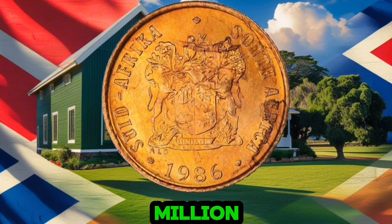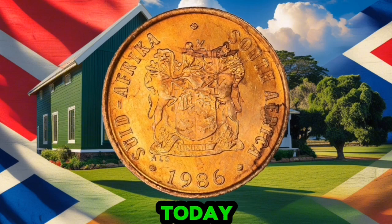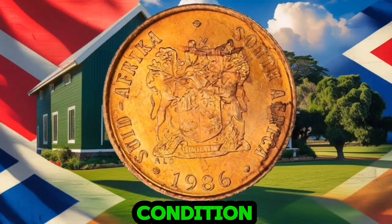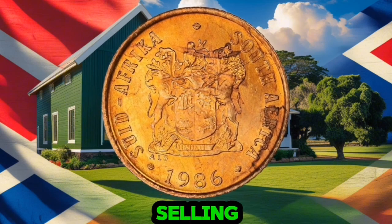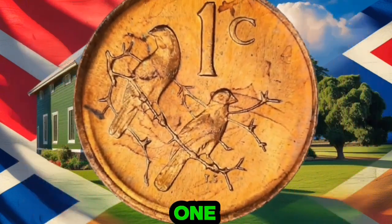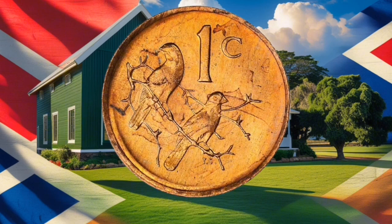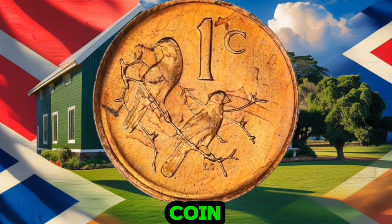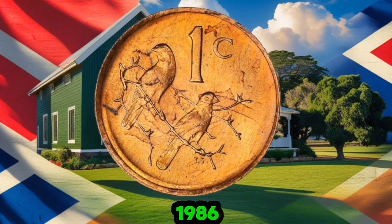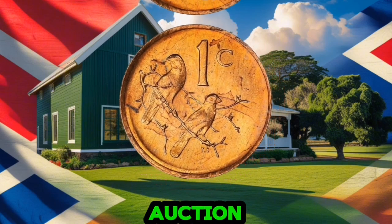Now, let's get into the million-dollar question. How much is this 1986 1-cent coin actually worth today? Well, the value of the coin can vary based on a few factors: its condition, whether it has been well preserved, and where you're selling it. In general, a 1986 South African 1-cent coin in circulation condition might be worth around 50 cents to $1. But here's where it gets interesting. If the coin is in mint or uncirculated condition, it could be worth a lot more. Some rare 1986 1-cent coins have even sold for up to $50 or more, depending on the auction and buyer